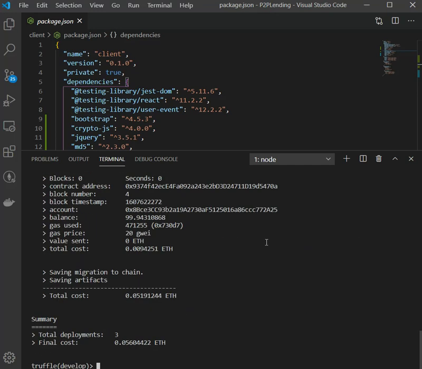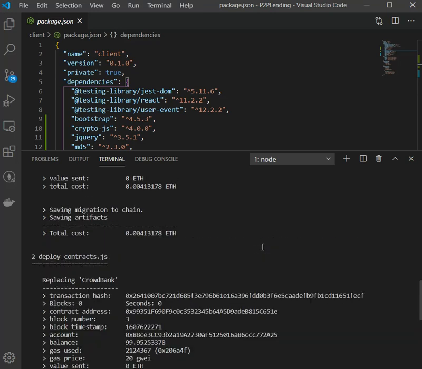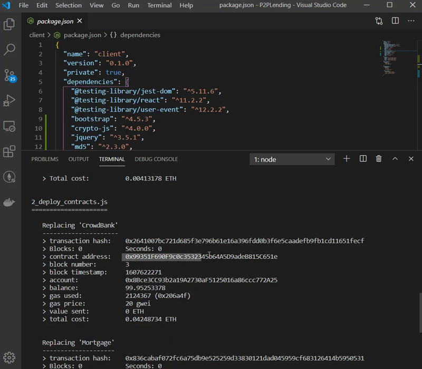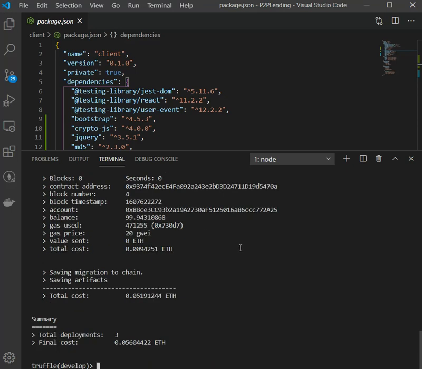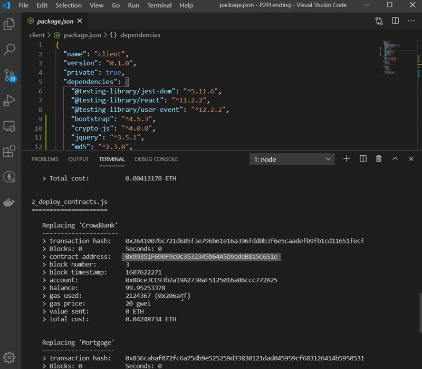So basically it is installing our smart contract into the blockchain network, and we can see this is the contract address and some ether has been spent during the process.